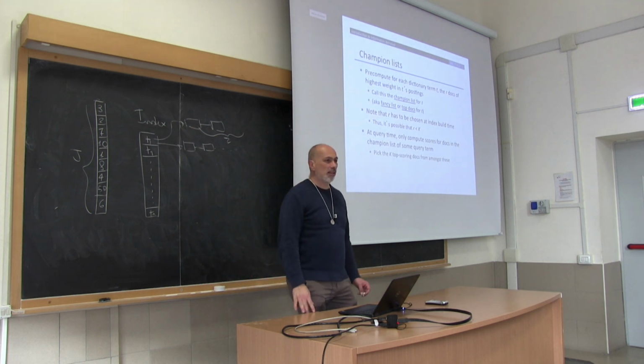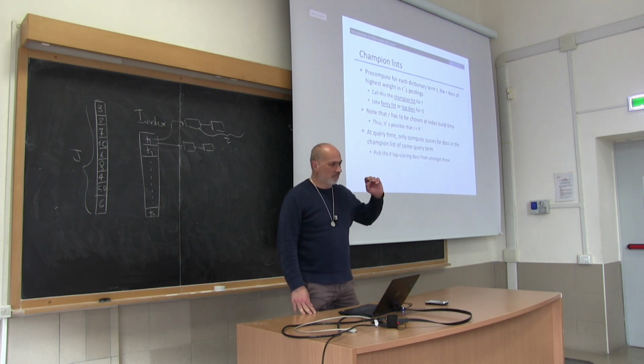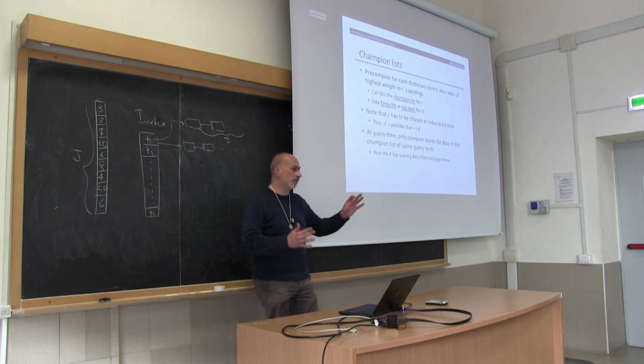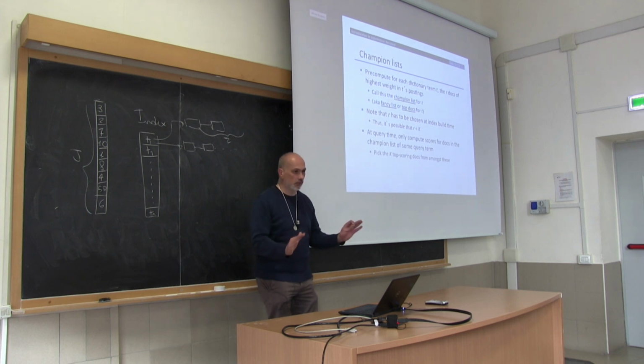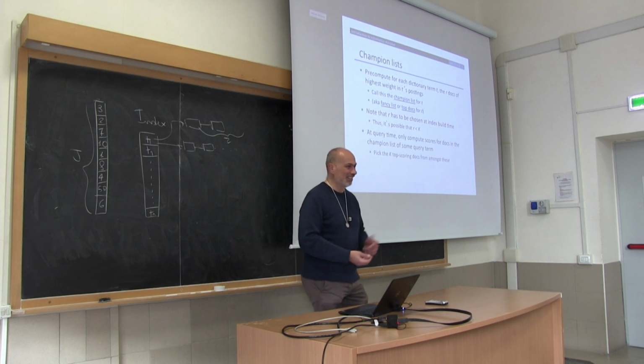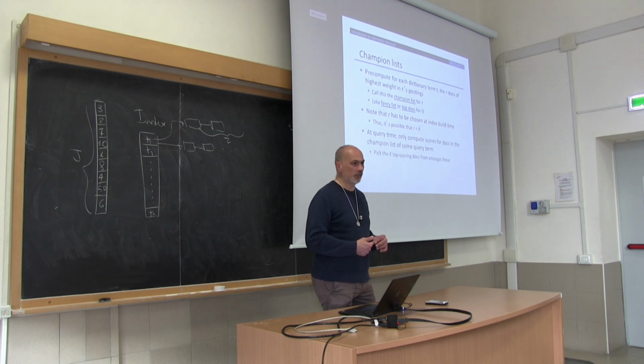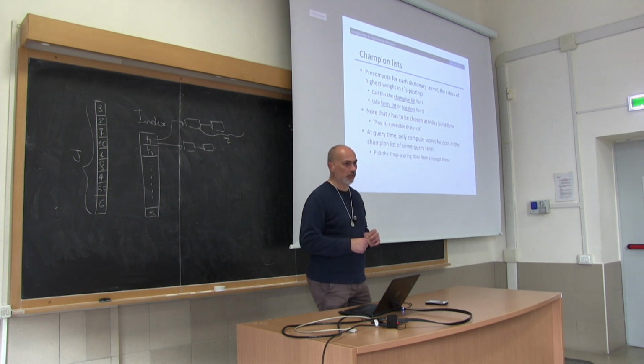So what can I say? Can I give a proof that the top K documents I return based on the champion list are related to the true top documents? No, I'm not going to do that. I do a study. I do an experiment, and I check how well it's going to perform. And apparently, it is normally going to perform pretty well. Of course, the value of R has to be chosen with some care.